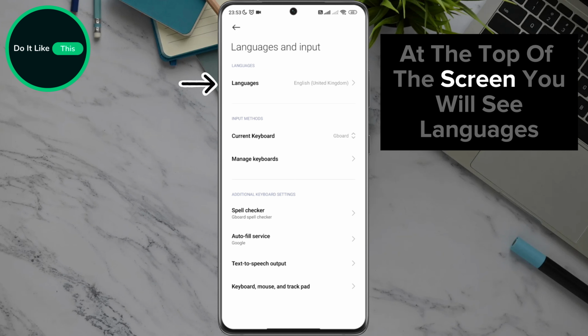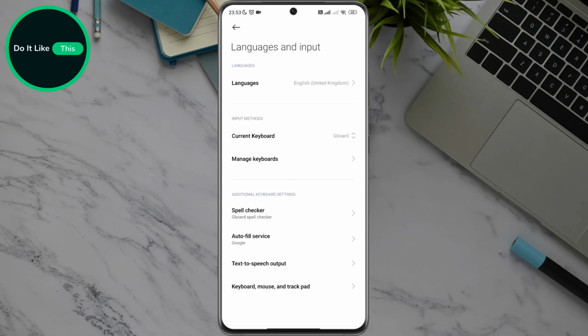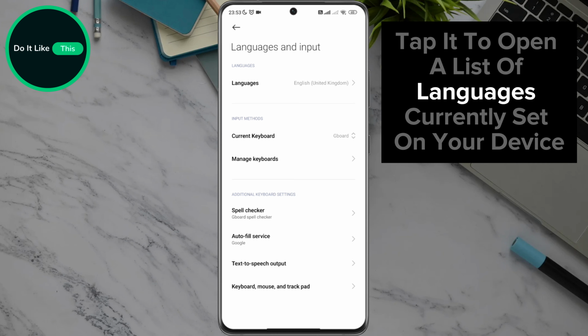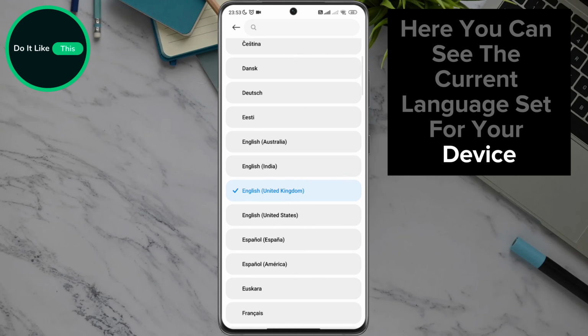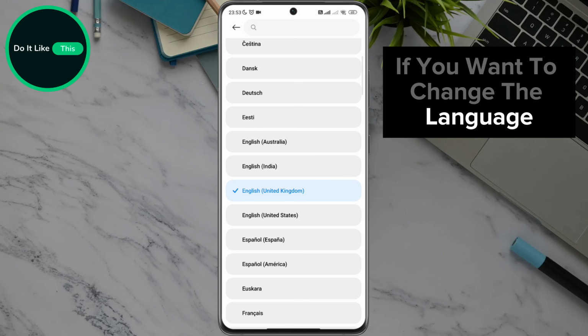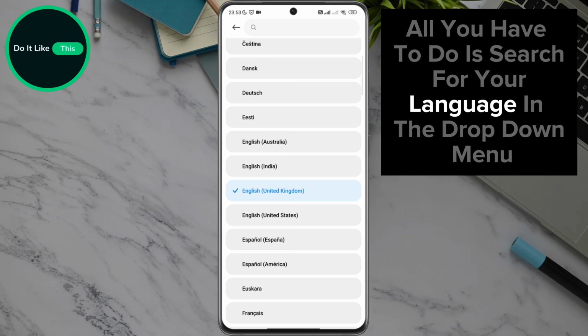At the top of the screen, you will see Languages. Tap it to open a list of languages currently set on your device. Here you can see the current language set for your device. If you want to change the language, all you have to do is search for your language in the drop-down